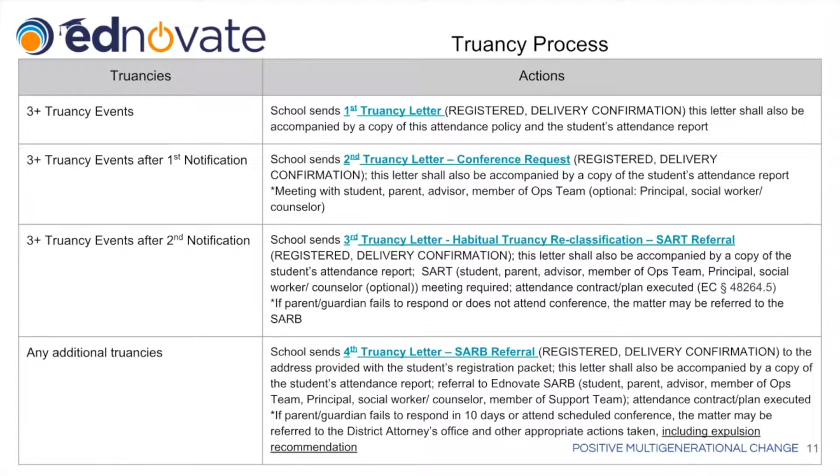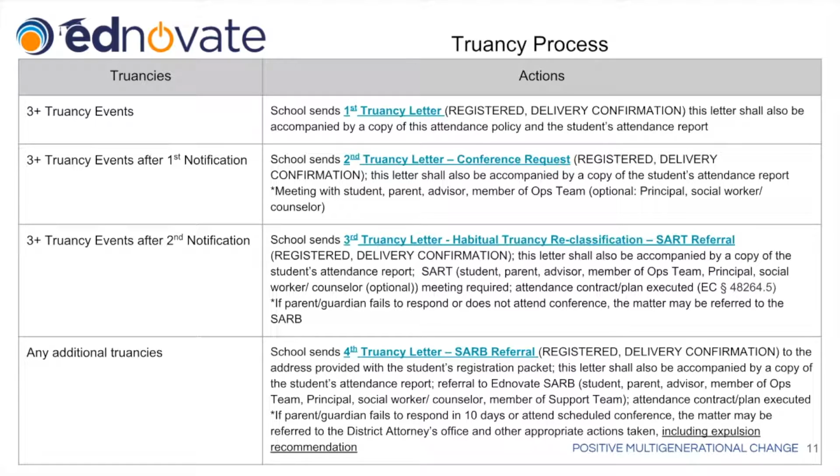The third letter is a request for a SART meeting, which is the student, parent, advisor, member of the ops team, principal, and then optionally the social worker or counselor. An attendance contract is developed then, and a plan is developed with the family to problem solve, figure out what the root of the issue is, provide any resources that we can, and express the importance of the student being